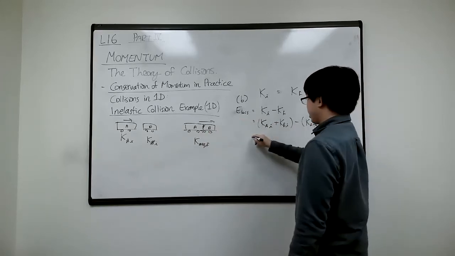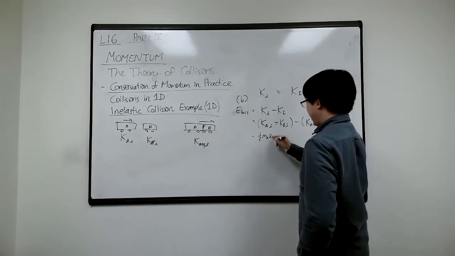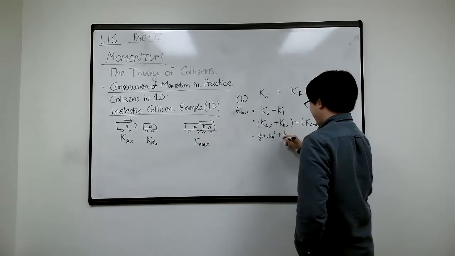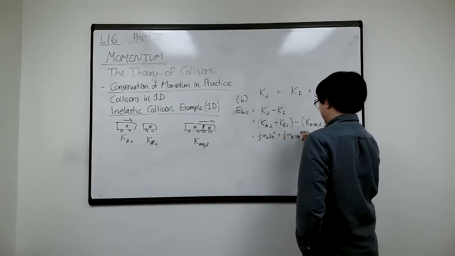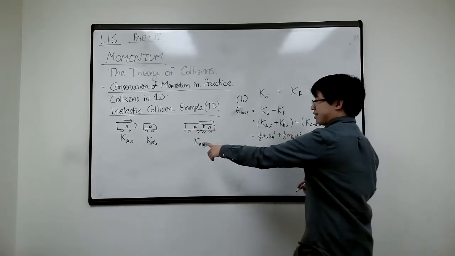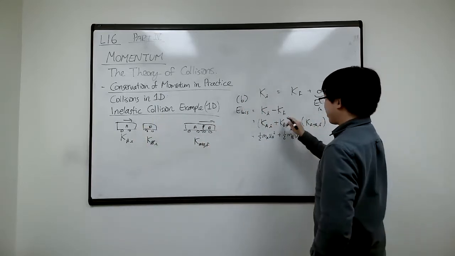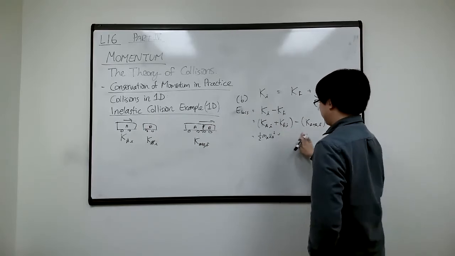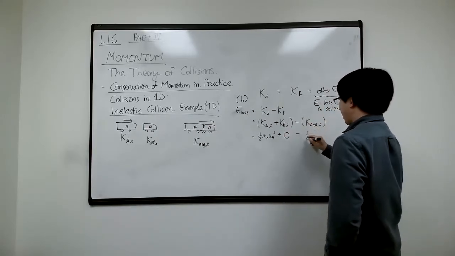So we're going to put in the formulas, half MA UA squared. I've defined it before, even though I erased it. Now you can put in half MB UB squared, but since that is at rest, you can just claim that is 0 right after this step and no need to write this. So let's do that. So you can just write 0 minus 1/2